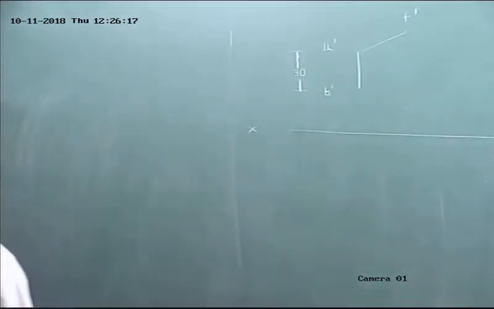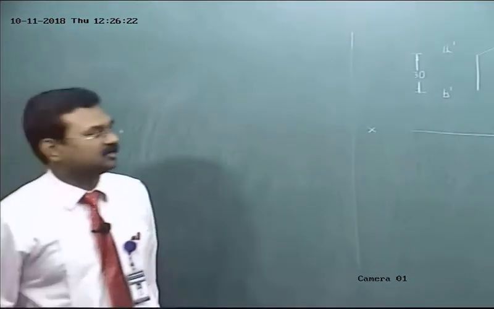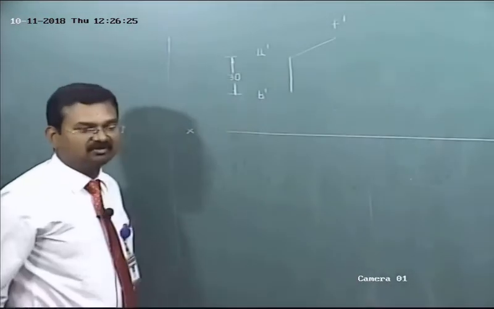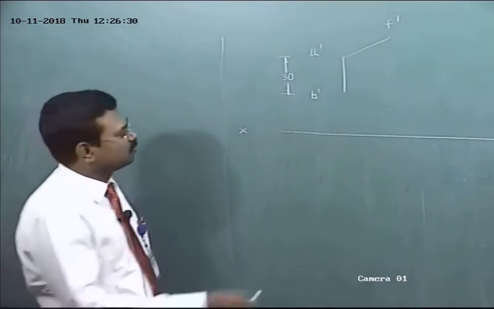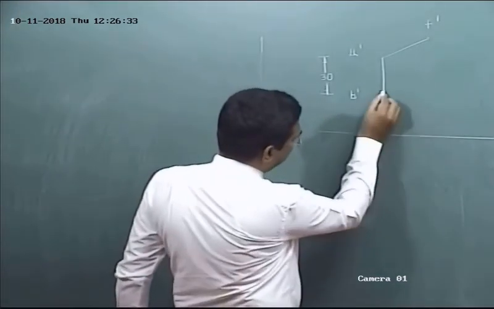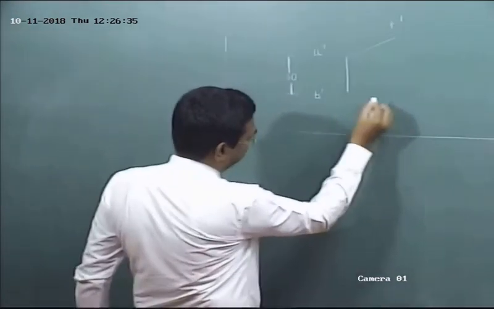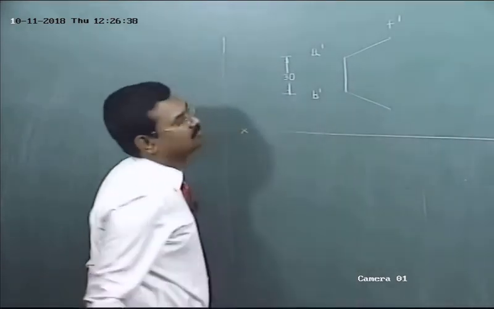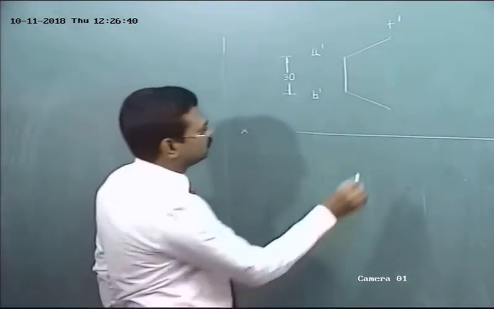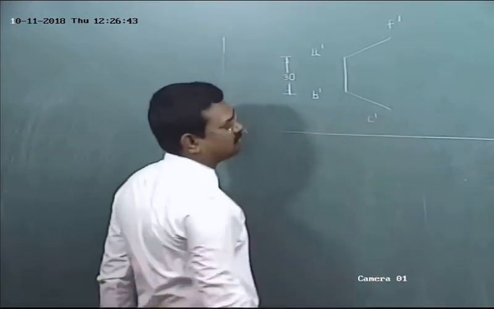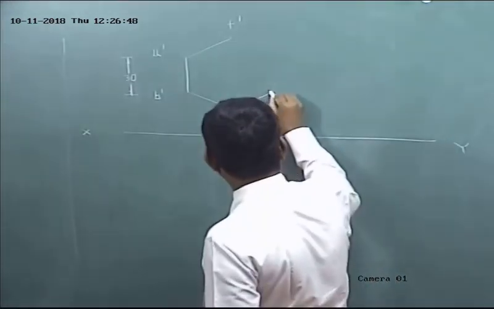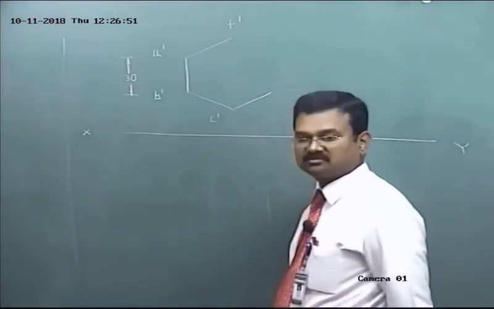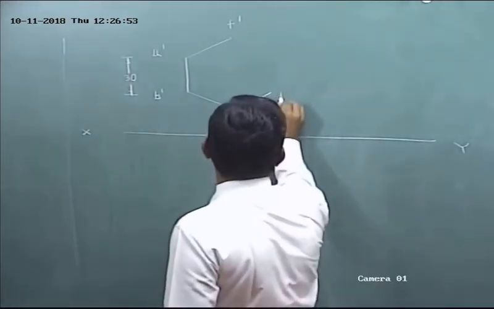Next we have to obtain the side BC. How to draw the side BC? By using a protractor, take the point B dash as our reference point, and the line A dash B dash as our reference line. Mark a point at an angle of 120 degree. This is C dash. From the point C dash, draw a line which is parallel and equal to A dash F dash. This is called D dash.